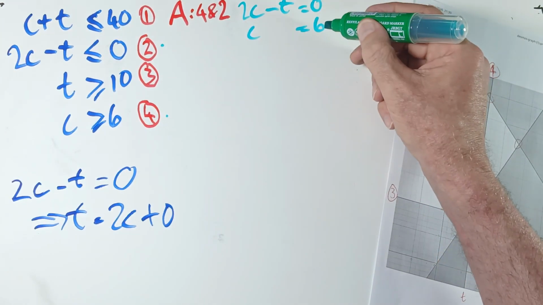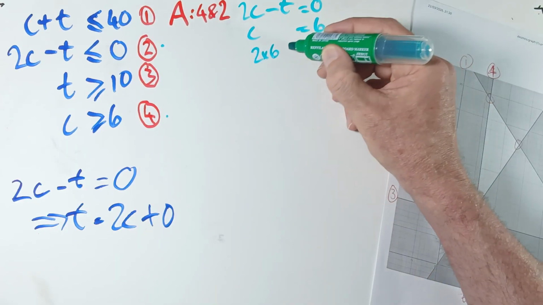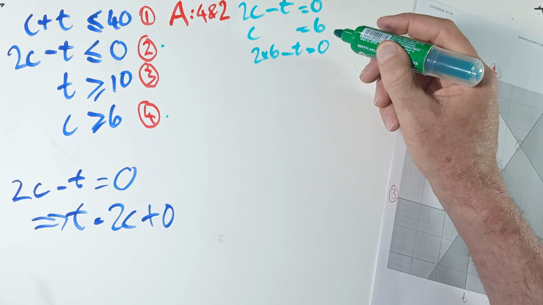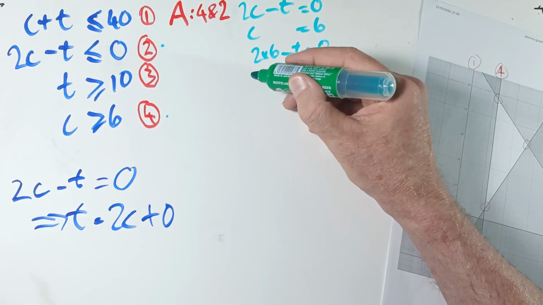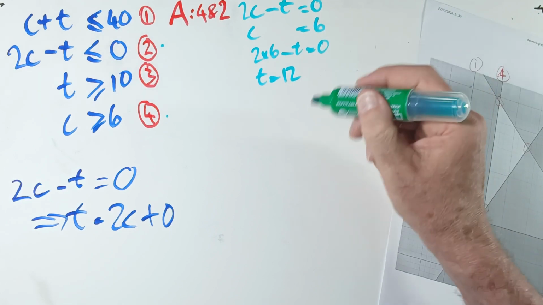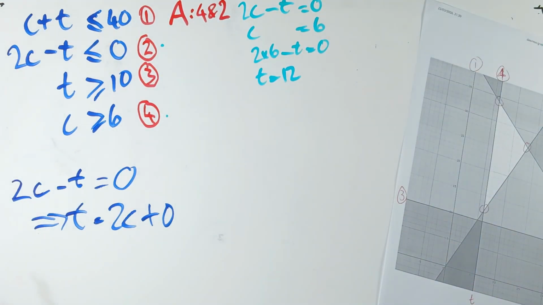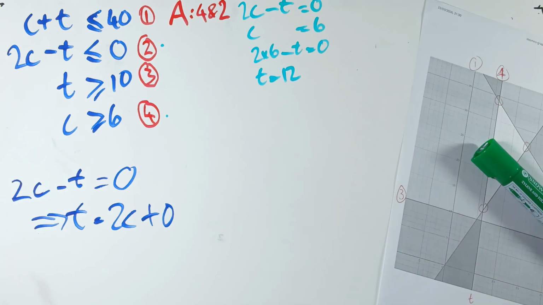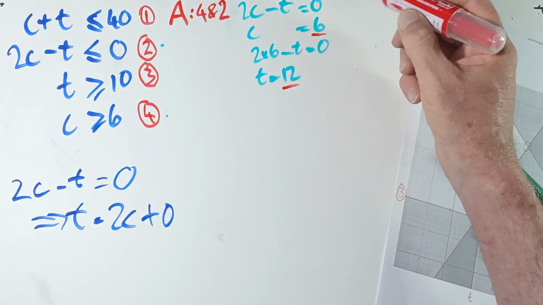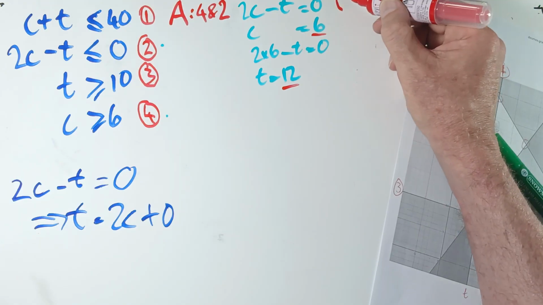We can just substitute c equals 6 straight into the one above. So we've now got our two values, which are 6 and 12. So our first critical point here is